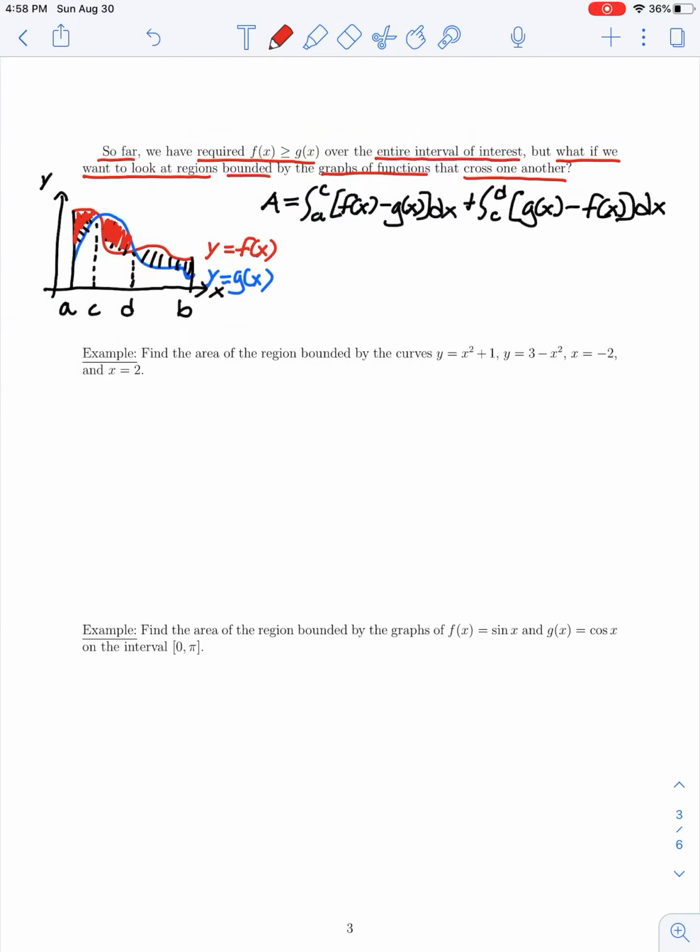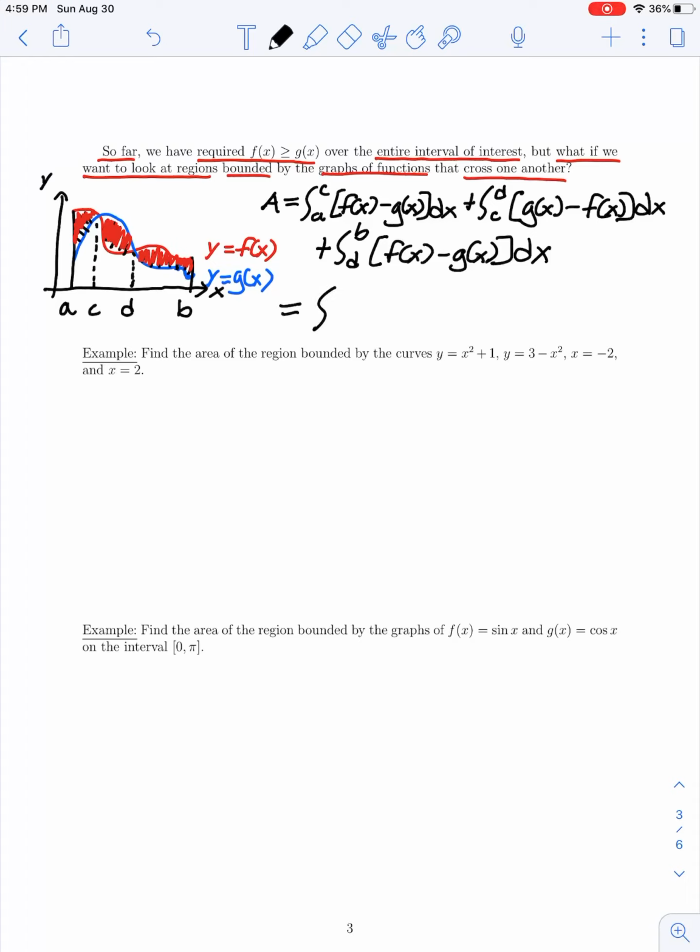And then to get the area of this final little shaded region, where f of x again crosses to be the upper curve, we would integrate over that last interval from D to B, the upper curve f of x minus the lower curve g of x with respect to x. Or another way to write this formula more succinctly, but which still requires us to split the interval,